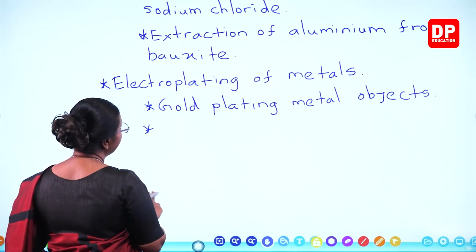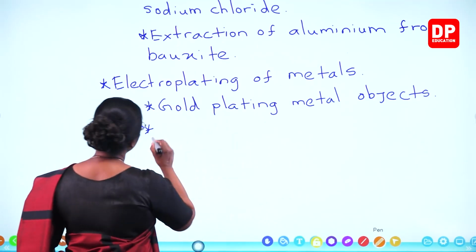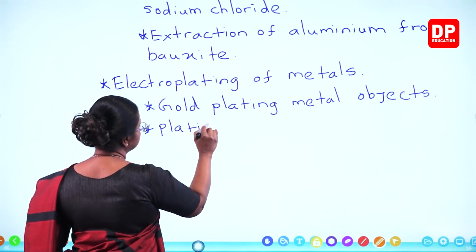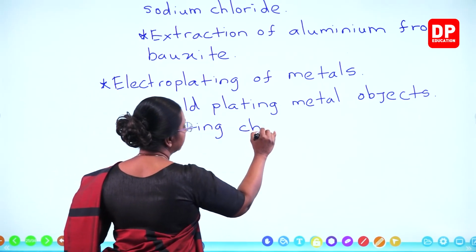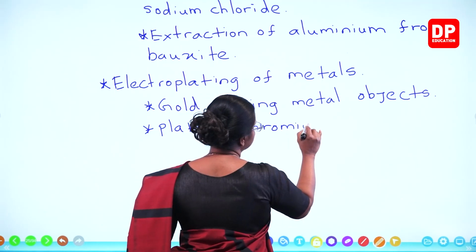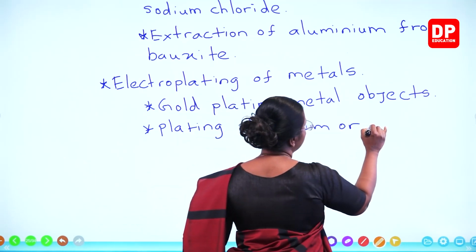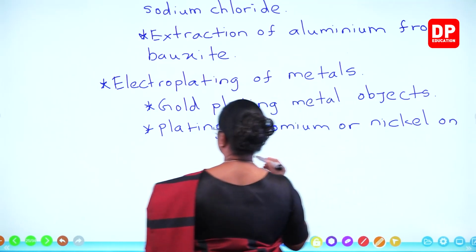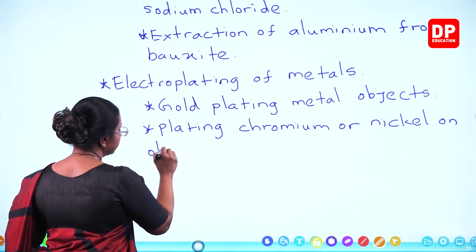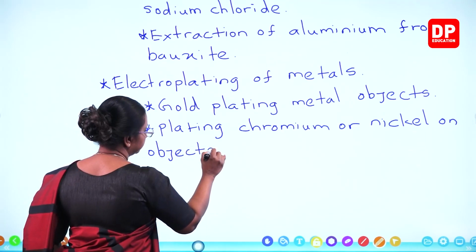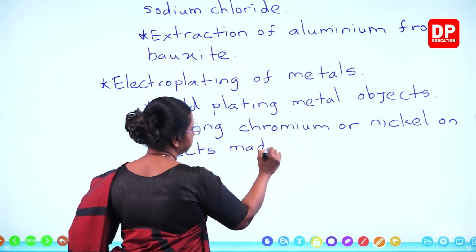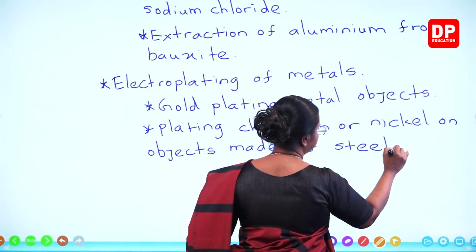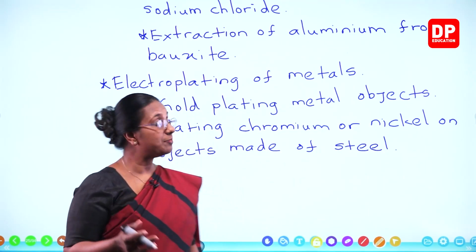So here we have plating chromium or nickel on objects made of steel. That is another application of